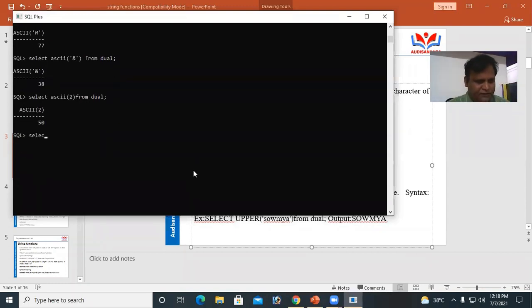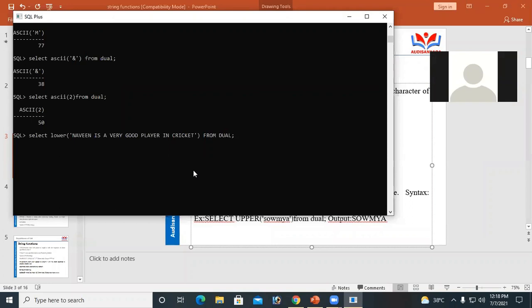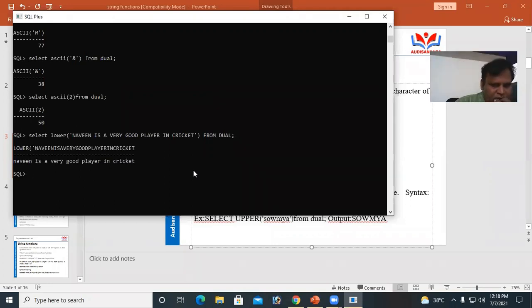SELECT LOWER of an uppercase string, Naveen is a very good player in cricket, from DUAL. We are converting uppercase to lowercase.